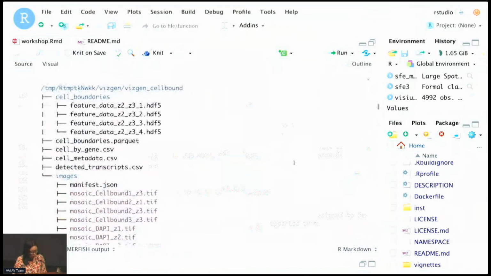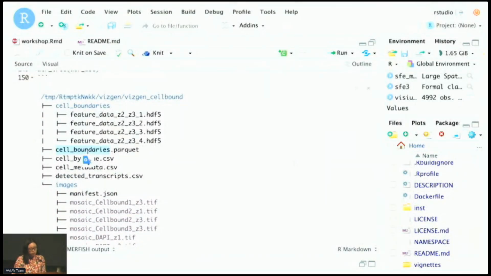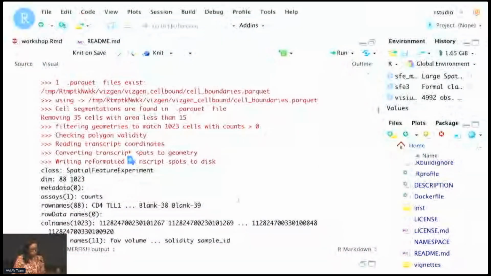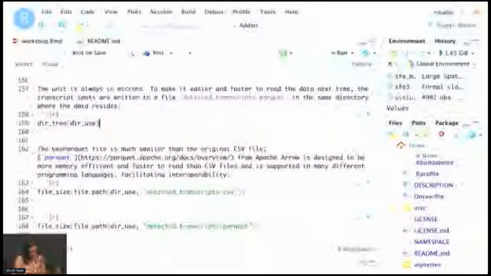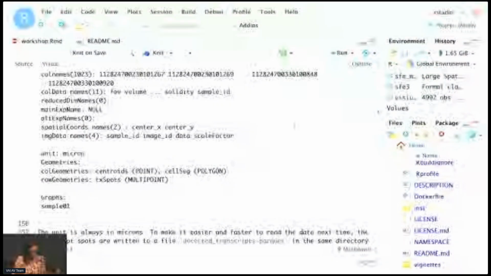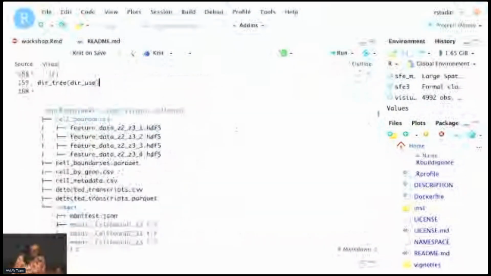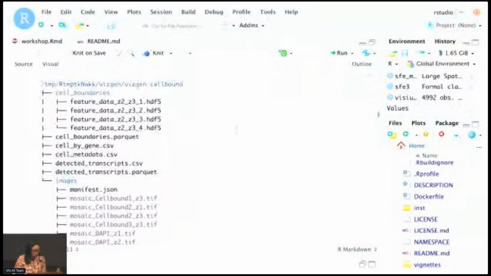For VisGen MERFISH, the cell boundaries are already in GeoParquet format. So they're not just plain vertex coordinates, but simple feature objects already, and I don't have to process those. The GeoParquet files are much smaller compared to the original CSV. After I process them, the read function will process the detected transcripts CSV file into GeoParquet and write it to disk.